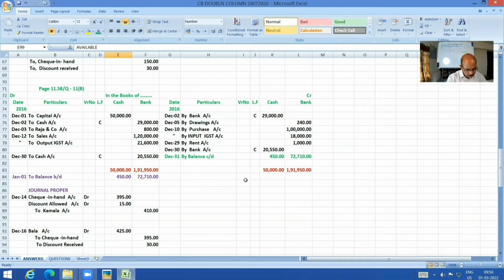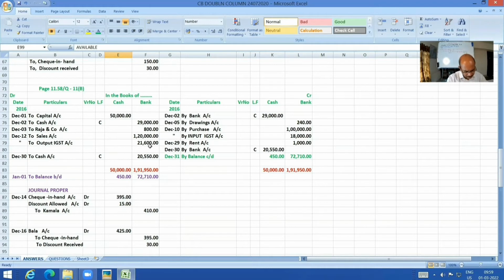Next one: sold goods for 1,50,000, trade discount 20%, IGST 18%, payment received by check. Net of trade discount only the story starts, I told you several times. So 20% of 1,50,000 is nothing but 30,000. 1,50,000 minus 30,000 is 1,20,000, and that is the basic sales I have booked here. To sales 1,20,000, and of course output IGST, because it's a sales-oriented GST. To output IGST 21,600, that is nothing but 18% of this one. Payment by check, hence I straight booked into bank.